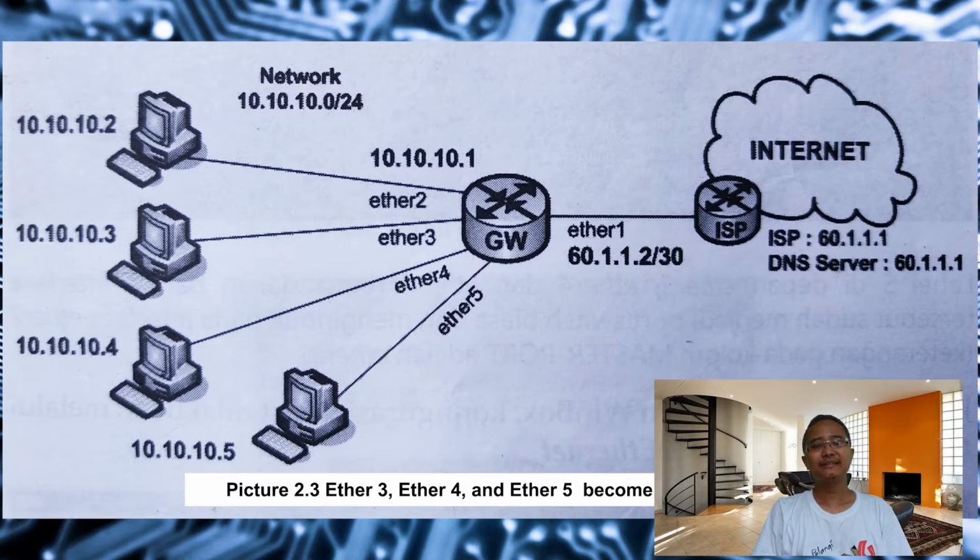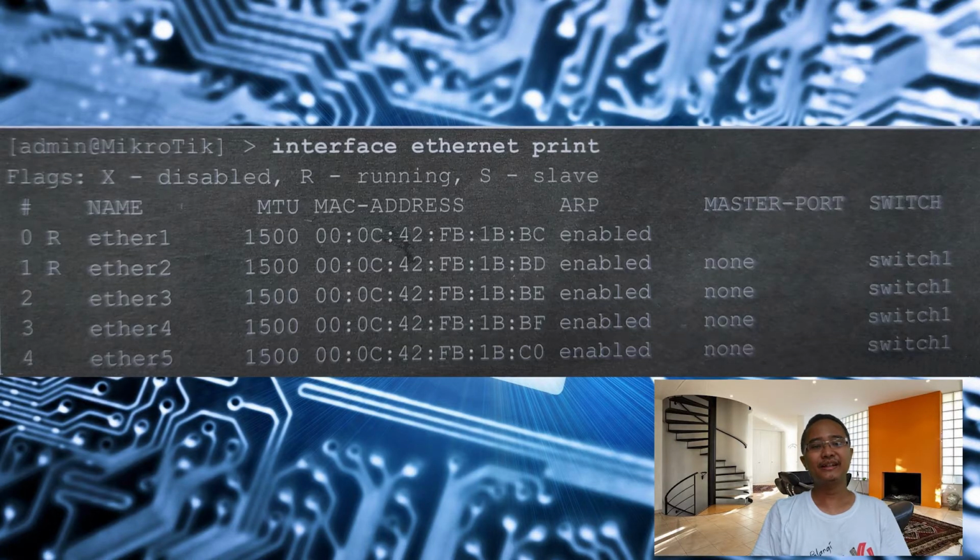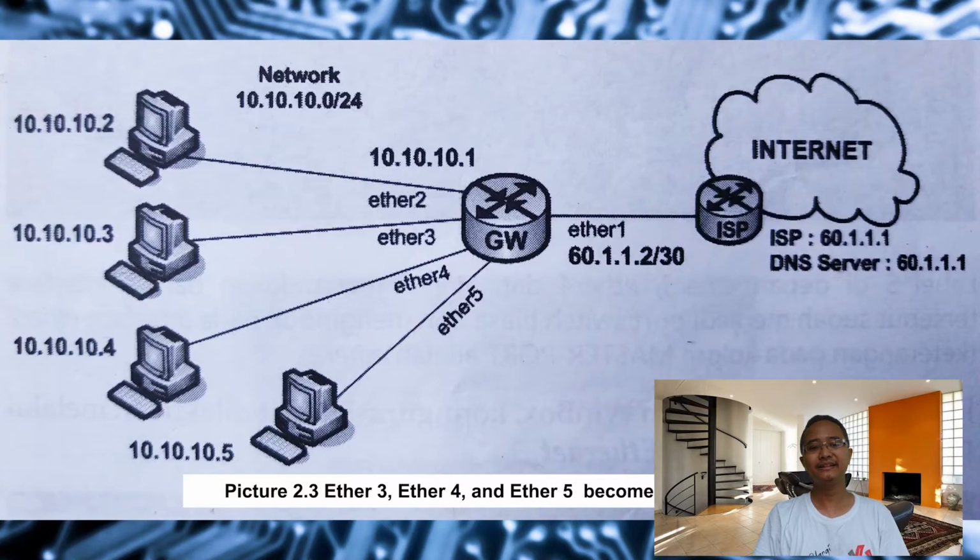The command that you can use is like this. I will show you. If the master port column is none, then that interface is a standalone interface or master. This means that interface must connect to a different network from the other interfaces. But if you want to use interfaces Ether 3, Ether 4, and Ether 5 to connect to the same network as interface Ether 2, like in picture 2.3,